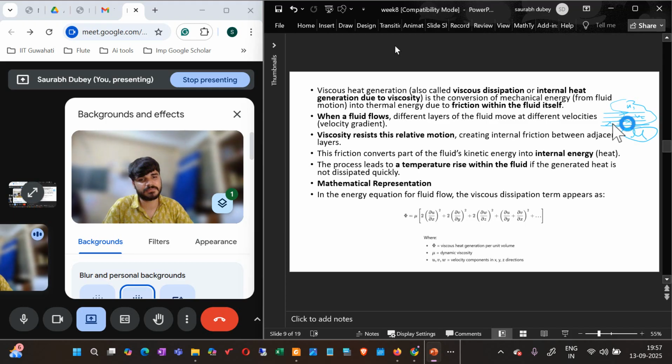So mathematical representation is what? In the energy equation for fluid flow, the viscous dissipation term appears as this. It is phi equals mu times [2 (del u by del x) whole square plus 2 (del v by del y) whole square plus 2 (del w by del z) whole square] for all the three directions, and then the summation of the squares. Okay,